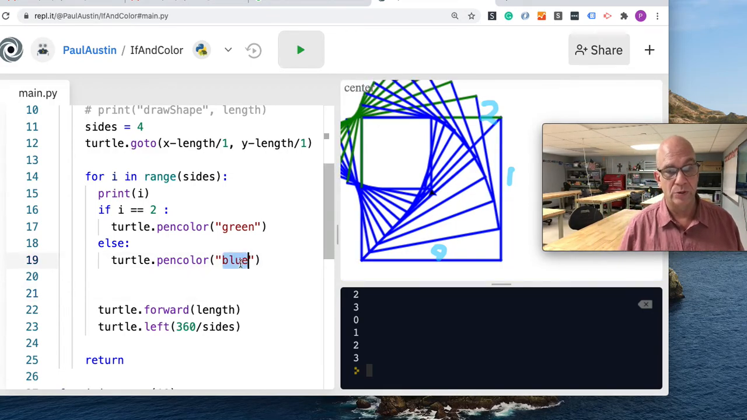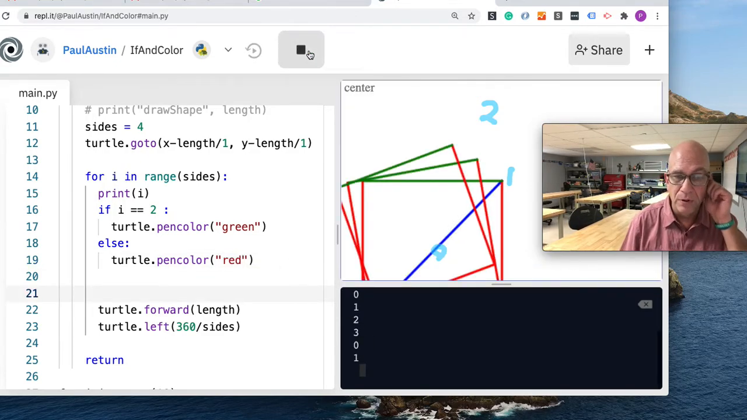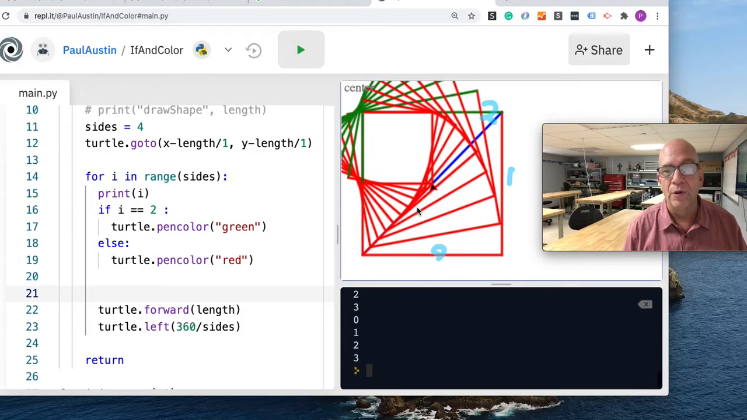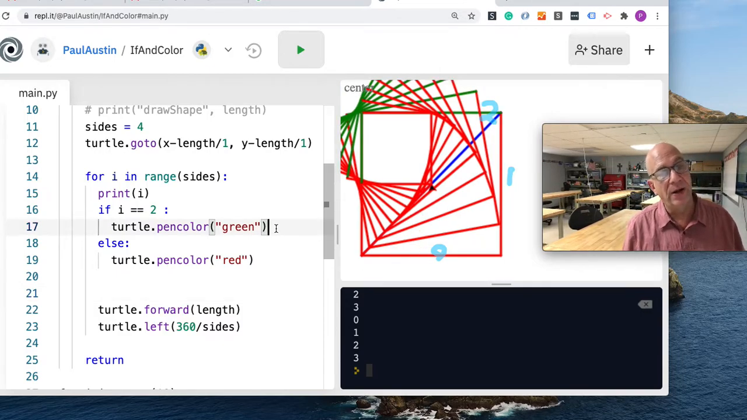So maybe we could do red. Well, gee, I only got 2 colors now. That is the first step. There we go. If it's 2, we'll get the green. Otherwise, this is going to be red. Well, how could I make something for each one of the colors? Well, I could say if I is equal to 2, otherwise, if I is equal to 1, otherwise if, well,